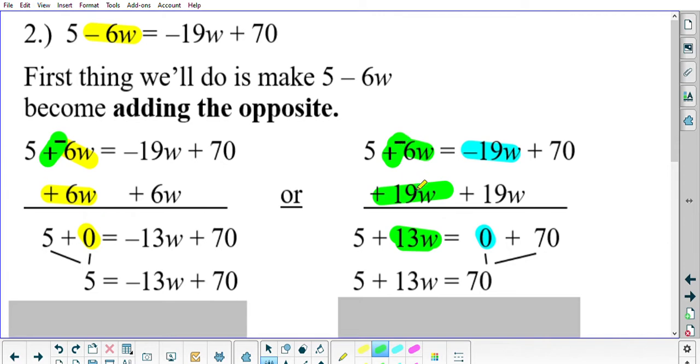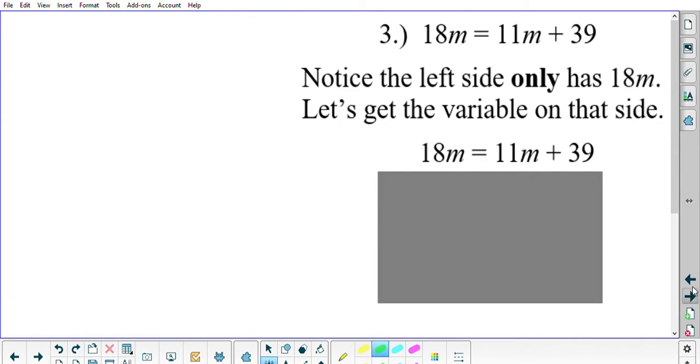So the terms with w's go underneath the other term with w's. It does not go underneath the 5 or underneath the 70 because they did not have w's. Please line it up correctly, otherwise it's going to mess you all up and you might accidentally add unlike terms, which is just a huge no-no. Okay,